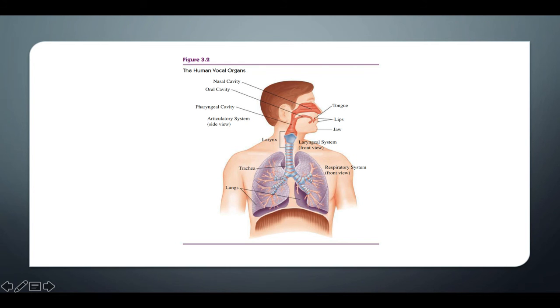So you see other things: your jaw, your lips, your tongue. This is your whole nasal cavity and your oral cavity here, and your pharyngeal cavity. Your pharyngeal cavity is kind of, if you think from the back of your throat, well, you can see here, I think you can see my mouse, from the back of your throat, kind of where what many people call your hanging ball, which is actually called your uvula,